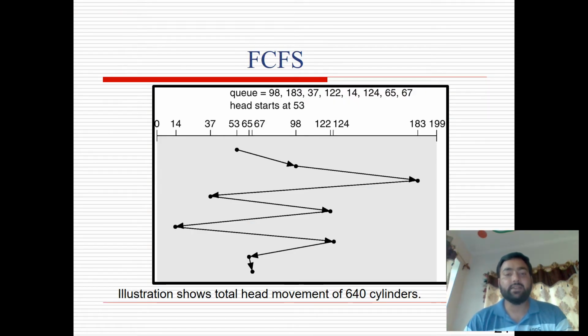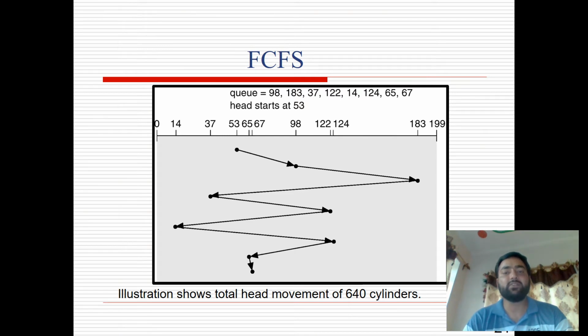So let's go through the example. Our queue is 98, 183, 37, 122, 14, 124, 65, and 67. And our head starts at 53 initially. So starting from 53, the head will first move to 98. Then it will move to 183. From 183, it will backtrack to 37. Then from 37, it will move to 122 as per the queue.